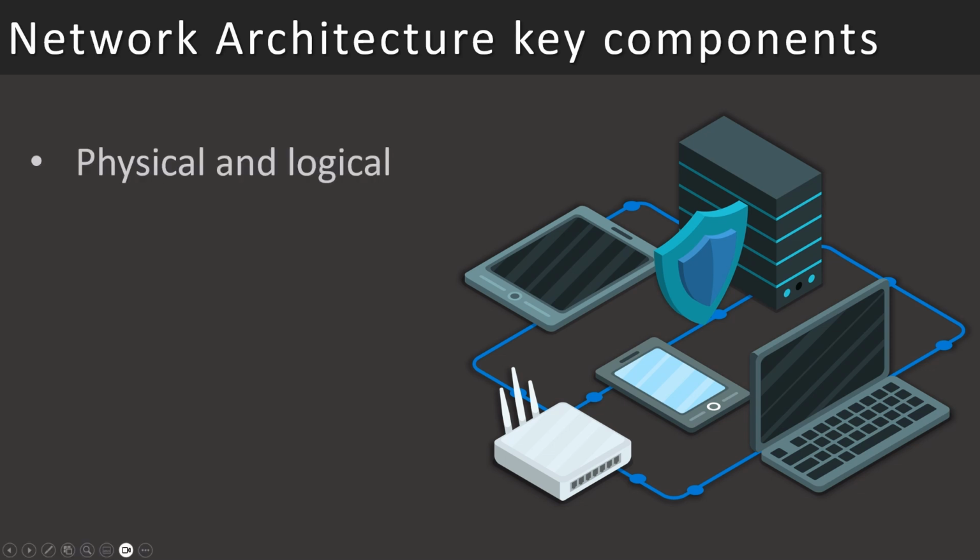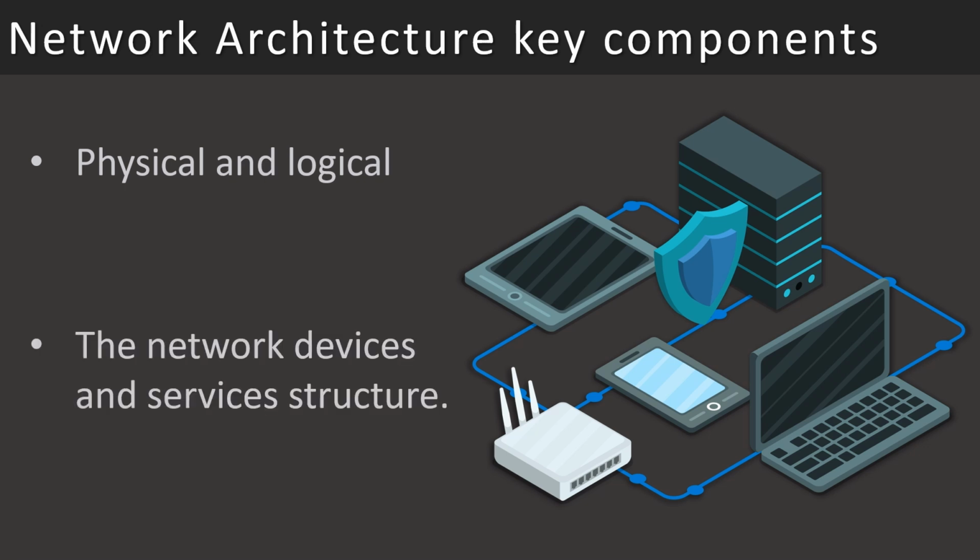The key components are the physical and the logical components. Physical components are hardware, wires between networks, servers, devices, or any physical device used inside the internet. Logical components are the protocols used on the internet for data transfer, some rules, some media, some logical things which we can deal with. Second is the network device, which is structured that way to serve you as a client, and these network devices and services communicate between each other to give you the most effective result of what you are